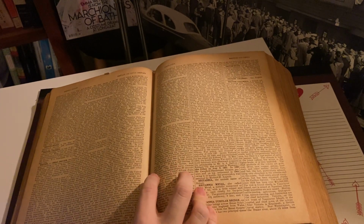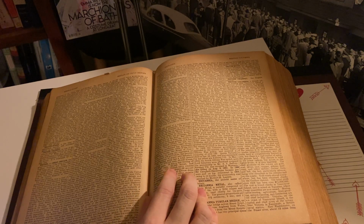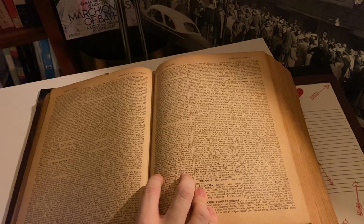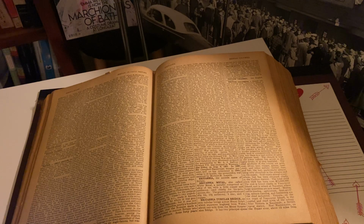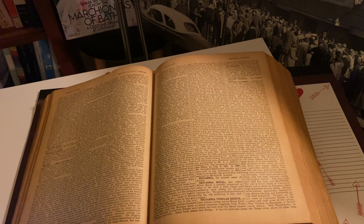It has a war footing of 1,315,000 men, 98,040 horses, and 1,764 guns. That's really interesting when you think that this was written 4 years before the outbreak of the First World War. And when you think about the fact that the First World War was fought with machine guns and tanks, and how little horses actually mattered in the grand scheme of things, it shows you how little awareness I think people had in 1910 of the realities of modern warfare and what the Great War, as it would become known, was